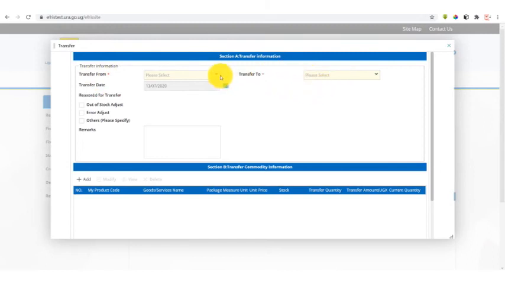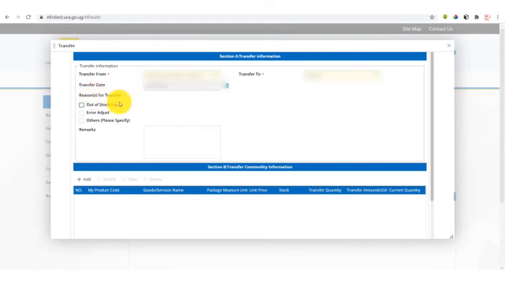So, as I said, transfer of stock has to be done from one location to another. In case you do not have any branches, you cannot be able to transfer stock. So for this scenario, we can select we are transferring stock from our headquarters because we are sure it is the one that has stock, it's the one we stocked in. Let us say we are transferring our stock to Bugolobi branch. So we select Bugolobi as our branch we are transferring our stock to. The date is already there.